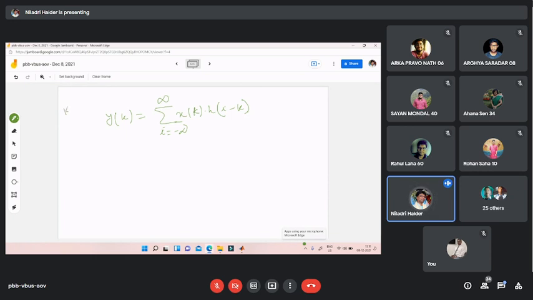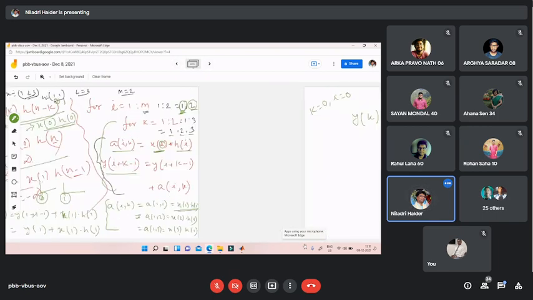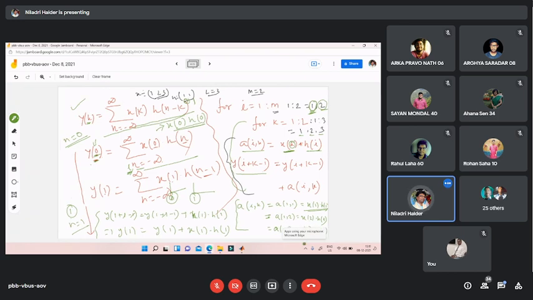Now for k equal to 0, I equal to 0, first condition. I have already told you here 0 means in equation it is 1, equivalently for your code k equal to 1, I equal to 1, that we are considering. So first case, when I equal to 1, you are considering k equal to 1. For this case, a I k or a11, what are you getting? x1 h1. Clear it or not? Yes, sir. Okay.